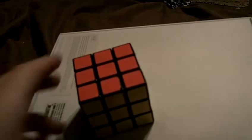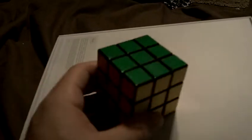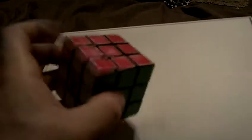What's up, everybody? This is the introduction to a series of videos that I'm going to do explaining how to solve a 3x3 Rubik's Cube with the easy method or beginner's method, however you want to look at it. Basically, if you've never solved one of these before, I'm going to be teaching a very simple method to solve this step by step, starting from whatever you choose as the bottom all the way up to the top. And if you do it and you get good at it, I can actually solve it with the beginner's